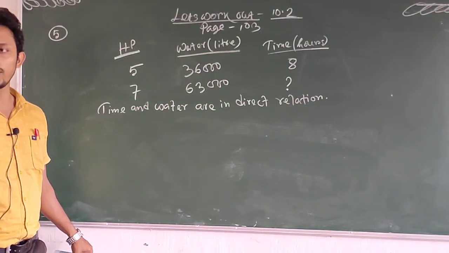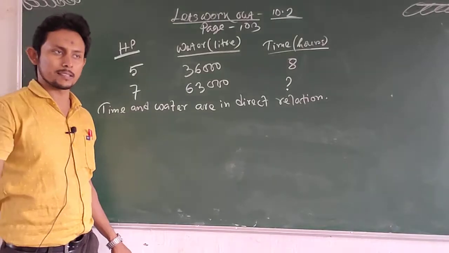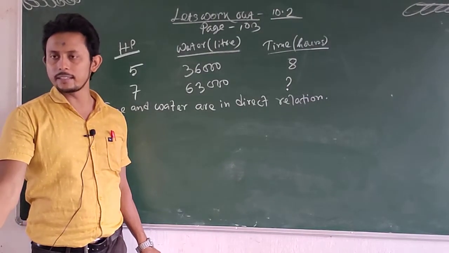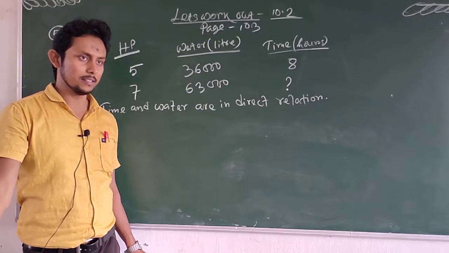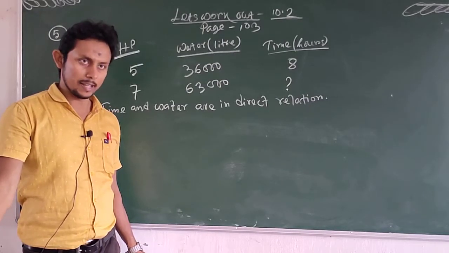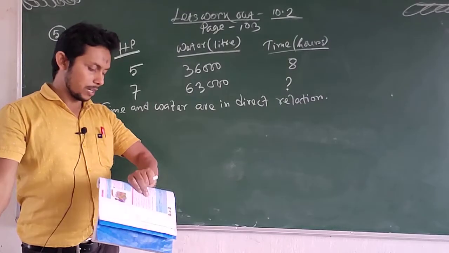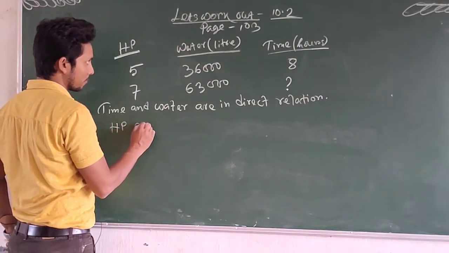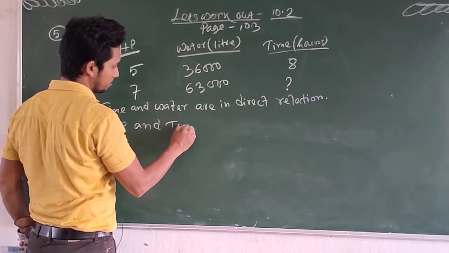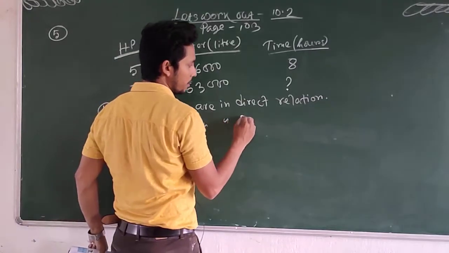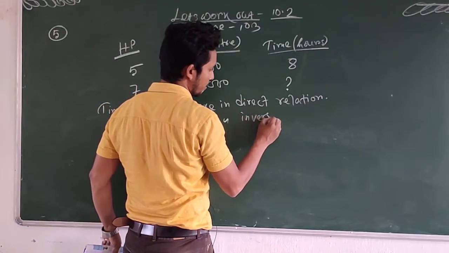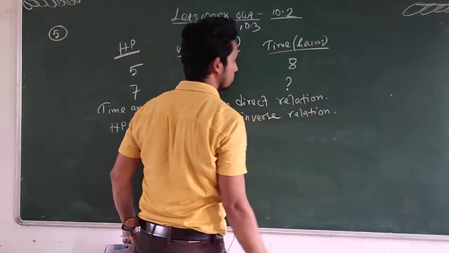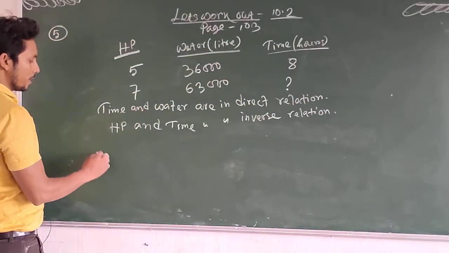Now next one, time and HP. That means if power is increasing, less time will be required, right? Yes, if HP, horsepower, is increasing, the time required is less. So the proportion is inverse proportion. So HP and time are in inverse relation or inverse proportion, you can say either. Therefore, required time,